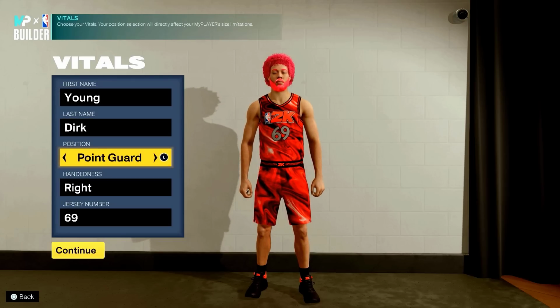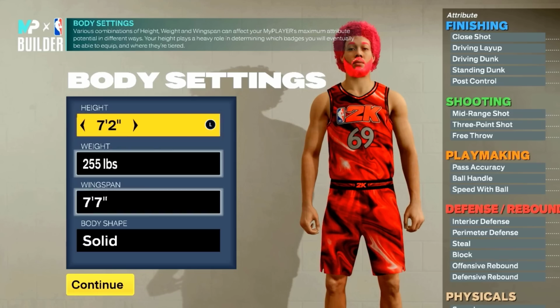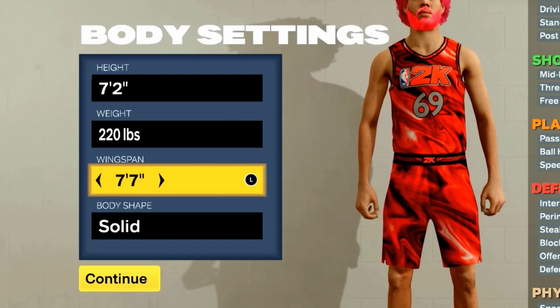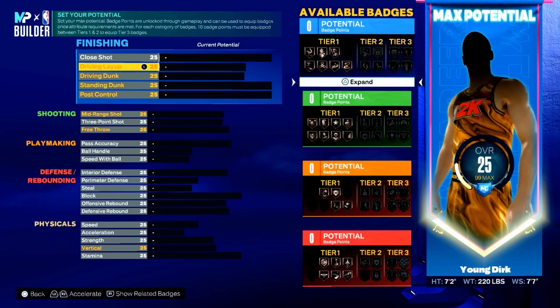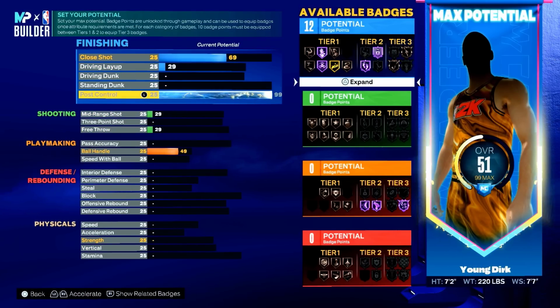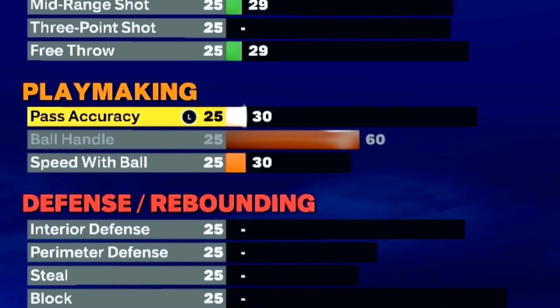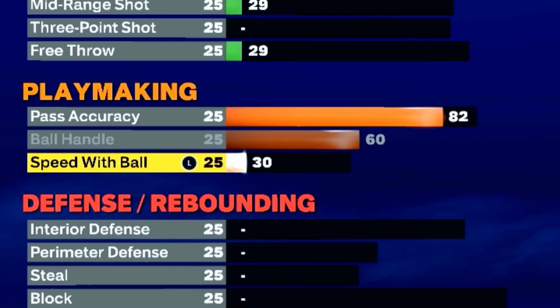Okay, we're gonna be a center. Number 69, you know why. We're gonna be 7'2", 220 pounds with a 7'7" wingspan and defined body type. We're gonna do playmaking first, but we need the 99 post control for the Hall of Fame quick first step and Hall of Fame unpluckable. Our ball control is gonna be a 60 with an 82 pass accuracy with a